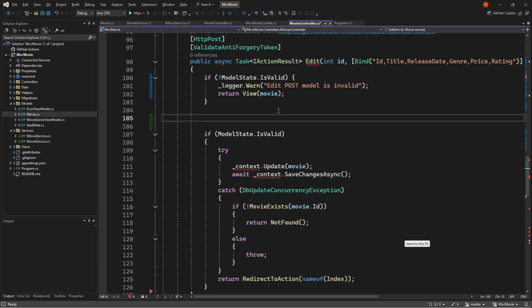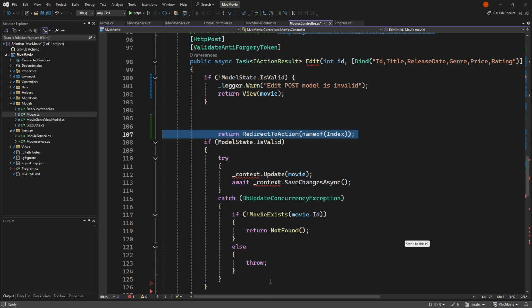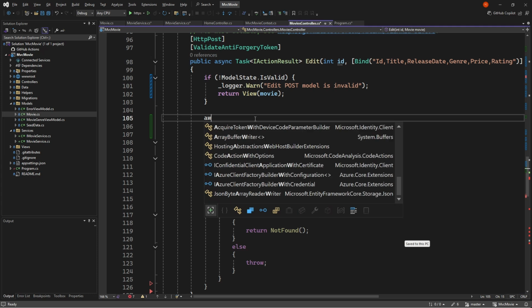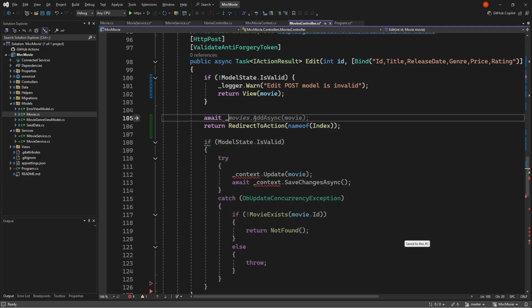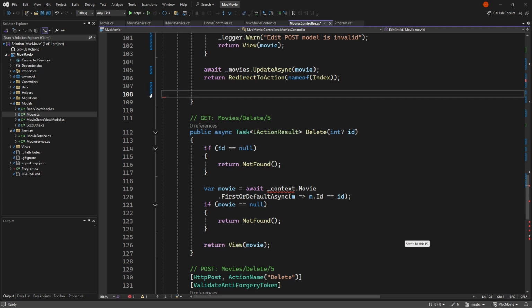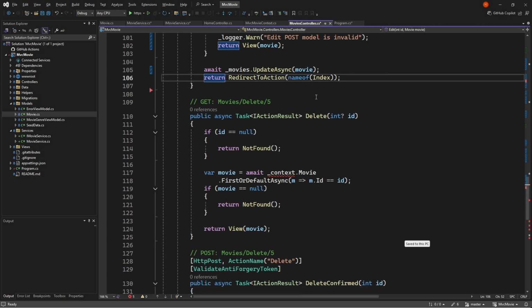So what we'll do is this is going to move up here, and then we're going to update async. We're going to say await movies update async movie, and that is really it. So note all of that disappears. Okay. Next, we have the